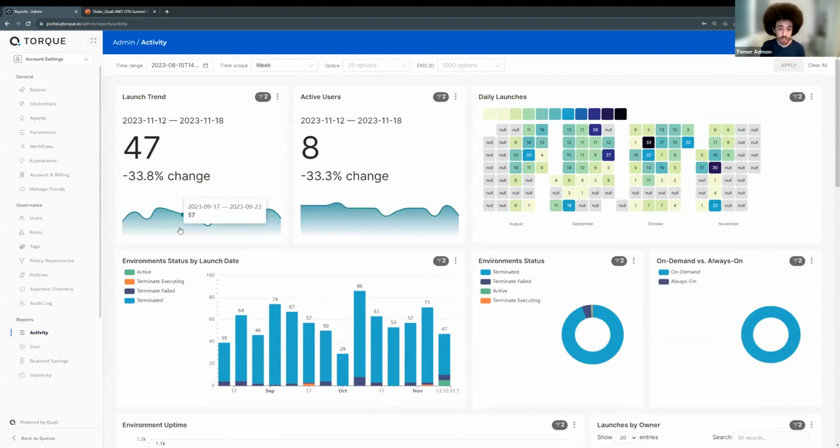Now, this is not yet cost information, but this really gives you an overview of what's going on. And usually your KPIs as the infrastructure manager or cloud admin are really tied to what's going on in this report. How reliable are the environments? How stable are the environments? How many environments are running out of a specific capacity? So this can all be answered using this specific report.